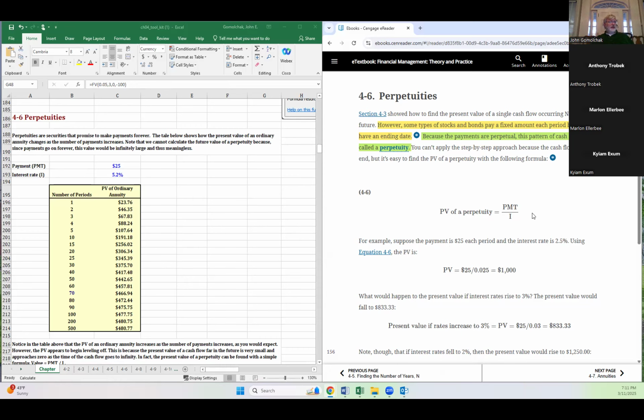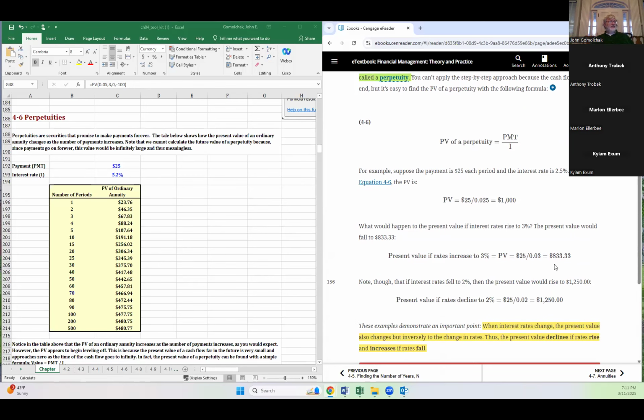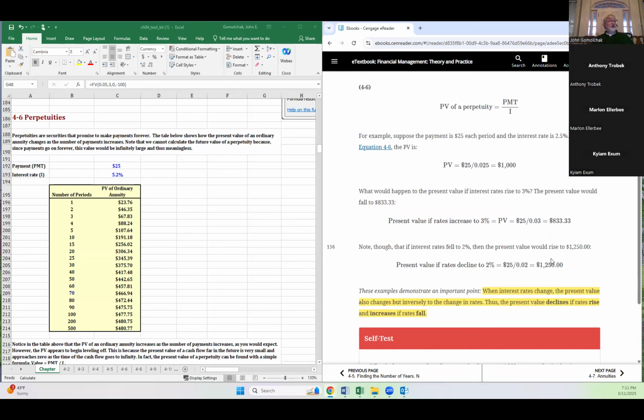Using the equation, payment over interest rate is 25 over 0.025. That means the present value is $1,000. Okay, what happens to the present value if interest rises to 3%? Well, then it'd be $25 over 0.03. It'd be $833. What if the interest rate dropped to 2%? Then it would be 25 divided by 0.02. The present value would be